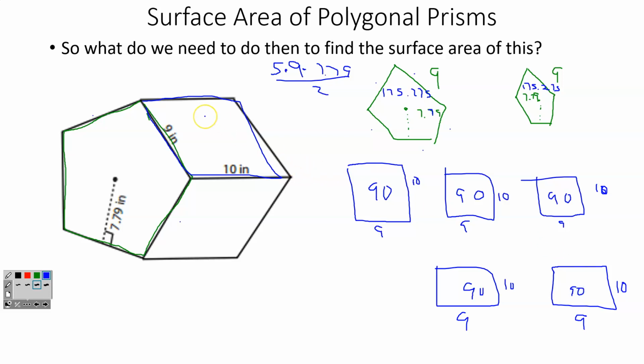Now to find the surface area, we're going to add them all together. So I'm going to put 175.275 plus 175.275 plus 90 plus 90 plus 90 plus 90 plus 90. And that's going to give me an answer of